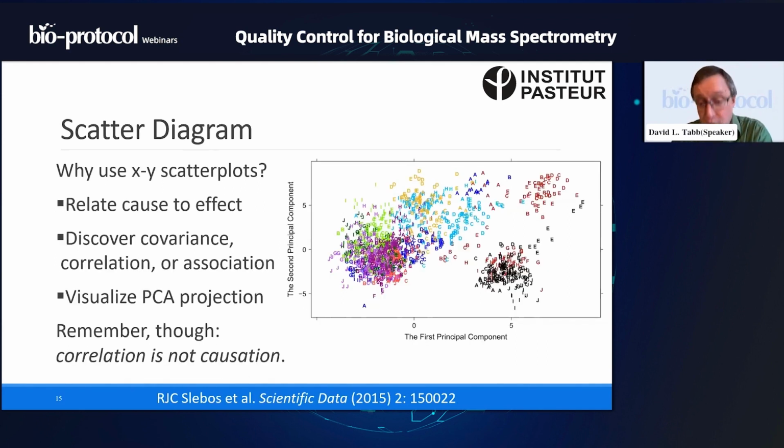Scatter diagrams are certainly very, very useful. Certainly with spreadsheets and languages like R, they've gotten a whole lot simpler to work with as well. And so for this, I wanted to give an example of an XY scatter plot in the context of quality control. In this case, Vanderbilt University was taking part in the CPTAC network, analyzing a whole bunch of colon tumor samples. We had, let me remember this correctly, 15 fractions for each of 95 samples. It was a lot of data, took us 8 months of time on the instrument.